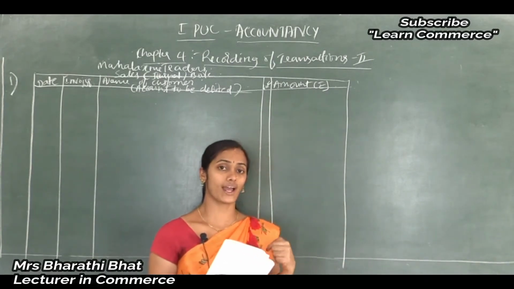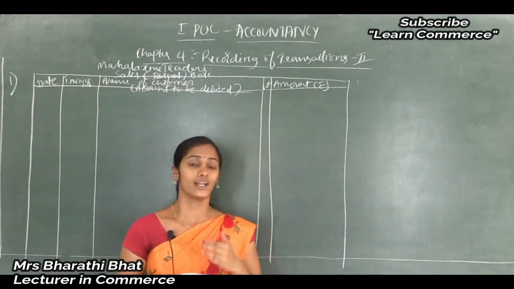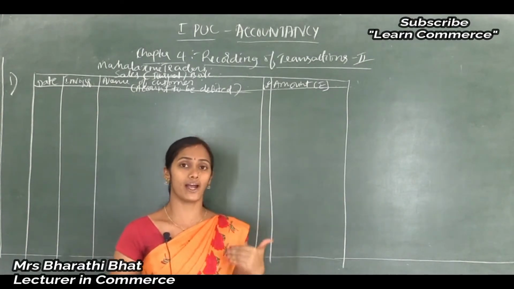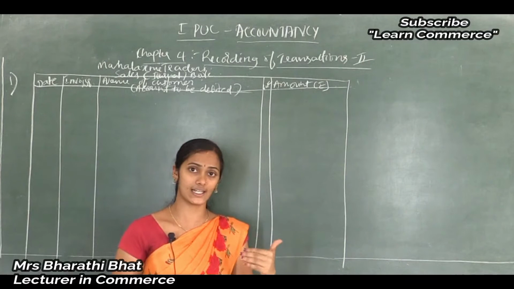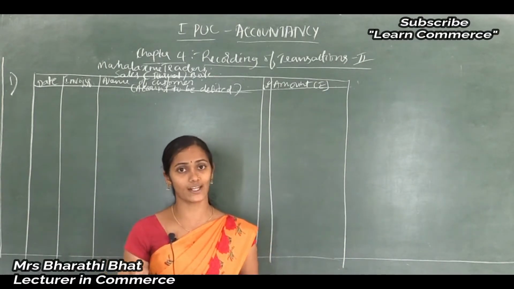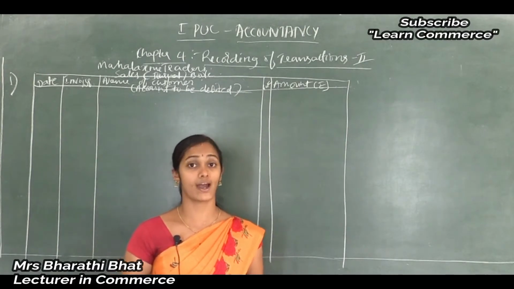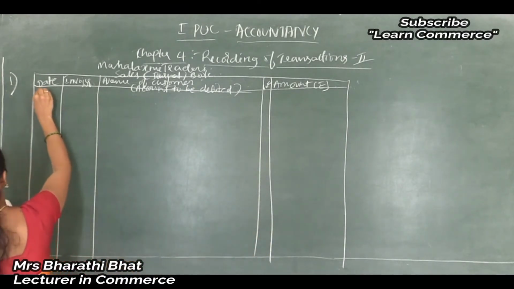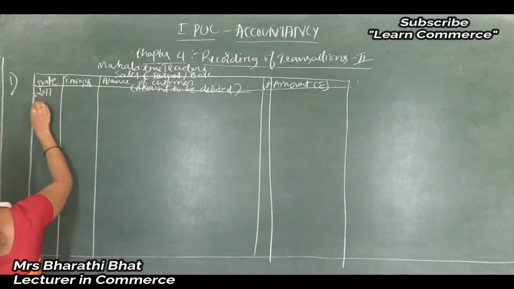We should assume that we are the seller, we are from Mahalakshmi Traders. So Mahalakshmi Traders is considered as seller. We are selling to Ashoka Traders. So Ashoka Traders is considered as what? Customer, our purchaser. So write the date 2017 February 5